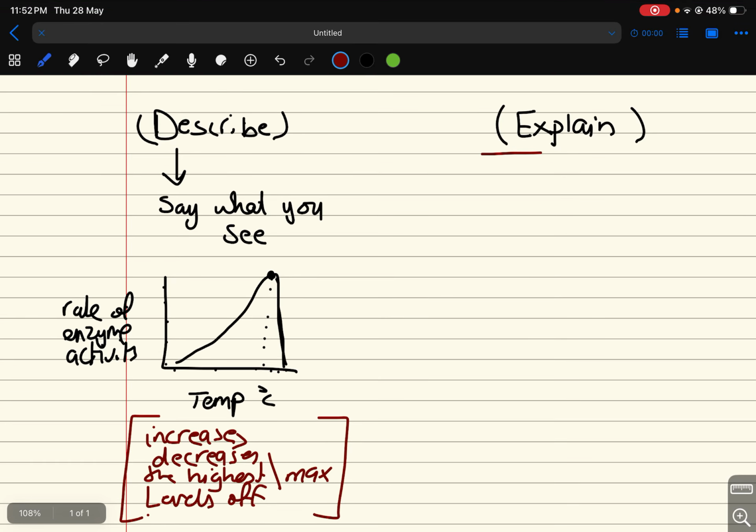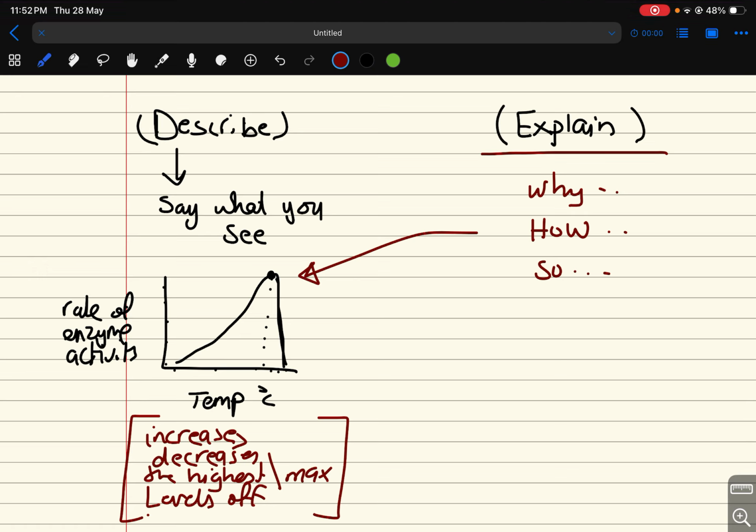In explain questions, you have to ask yourself about each description. Why? How? So. So, again, back to this graph. Explain the graph. You have to describe the graph, then explain, give a scientific explanation with scientific terms about each